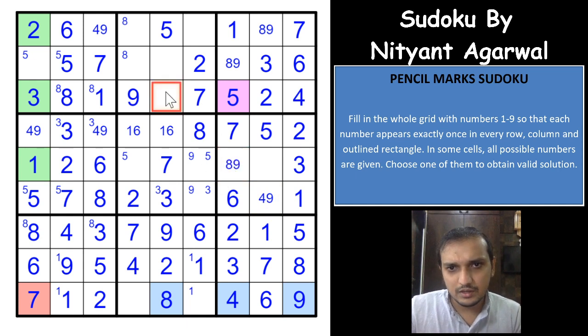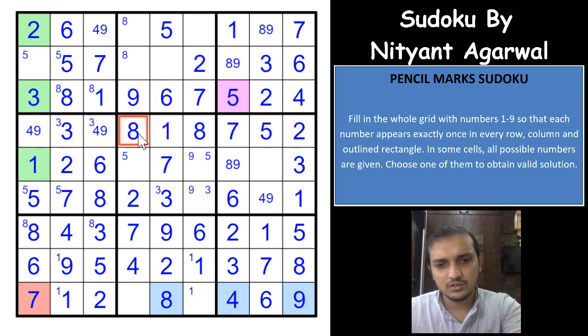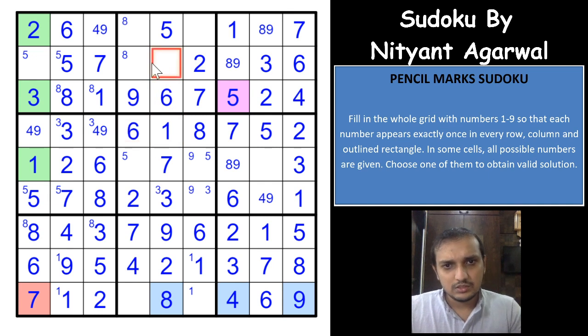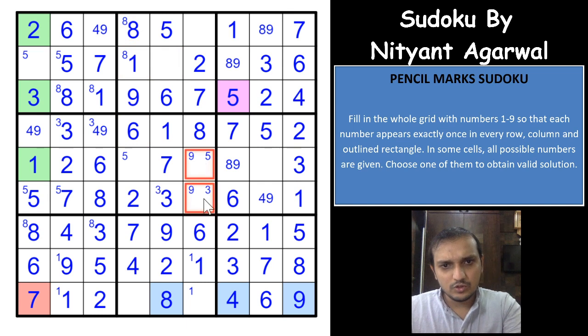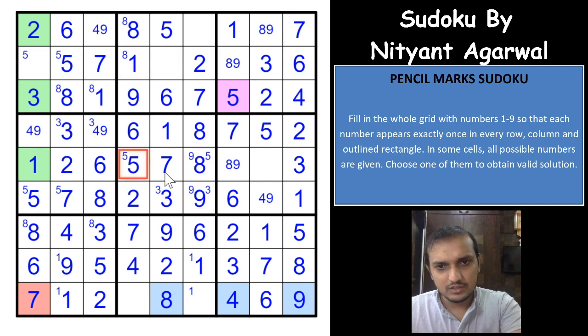Oh, we get a digit here, that is 6, right? That gives you a 1 here, a 6 here. That gives you a 1 here, an 8 here. That gives you an 8 and 9, 8 here, a 9 here, and a 5 here. That gives you a 4 here.